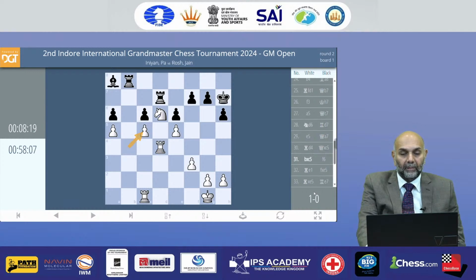Black has nothing better and White takes with the pawn, which means that White doesn't have to keep the rook on d4 busy defending the pawn. It's very important to have activity of pieces, and if your pieces are guarding pawns, then it's not going to be a great thing, because either our pieces defend our own forces or our pieces go and attack the enemy forces.